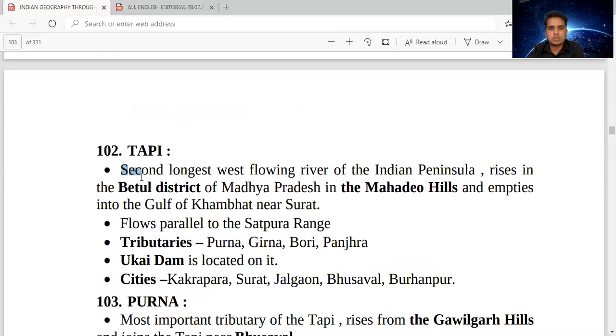Second longest west flowing river of the Indian Peninsula. Peninsula basically means,